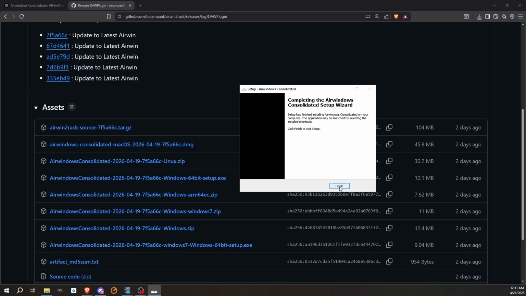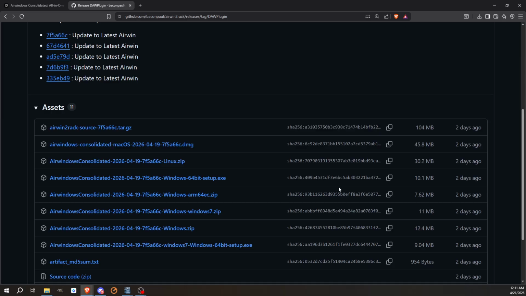Now, I have my installation paths set. If it's your first time, you might want to make sure it's installing to the correct folders. But that's it. That's it. Whether it's your first time or your 117th time, that's it. And now